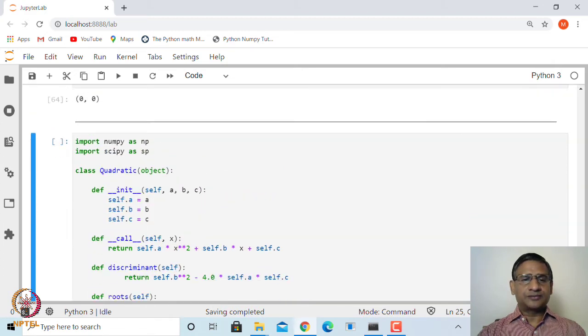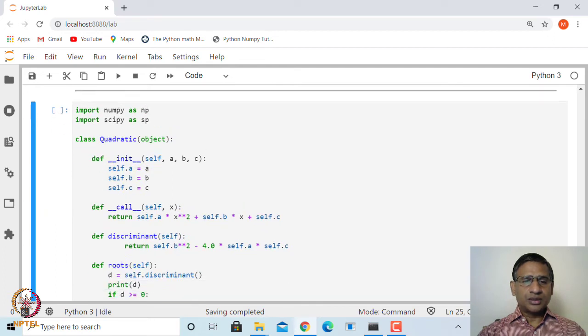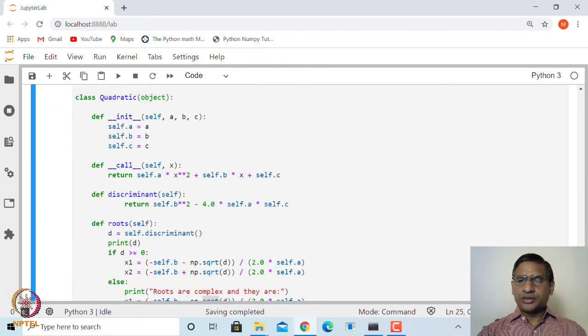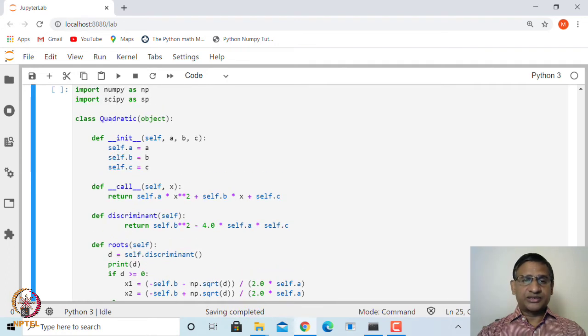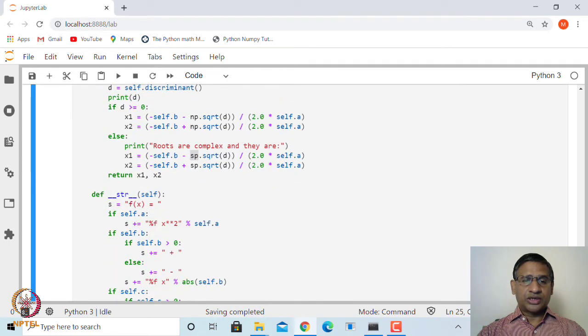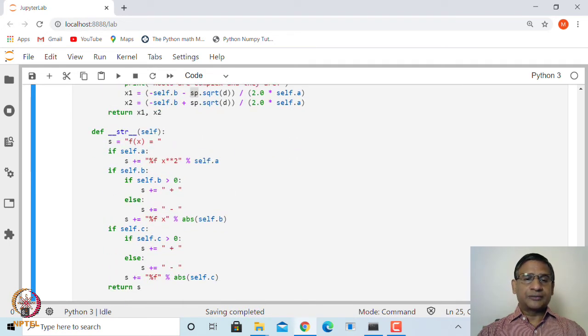Therefore it will give you both real and complex roots. Here, in case of square root we are using square root from the scipy library in case of complex roots, because scipy sqrt has both real and imaginary parts. Okay, and then at the end you print.